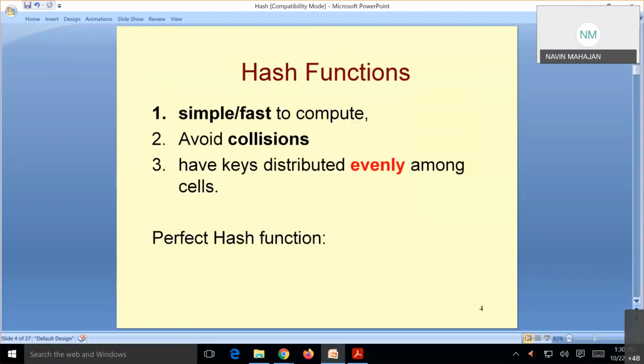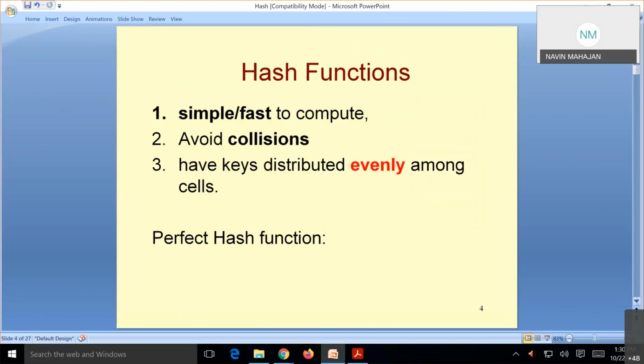What are hash functions? Simple and fast to compute. We will apply a hash function, an operation on the keys, and we get the output, which is the address. We go to the hash table directly and access the data. Whenever we want to store data, we apply a hash function on the key. Suppose a new person comes and we want to store his Aadhaar information. We read all his information and give him a particular Aadhaar ID.